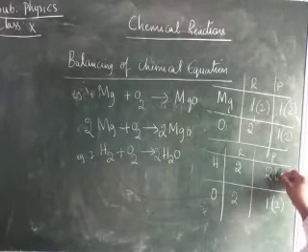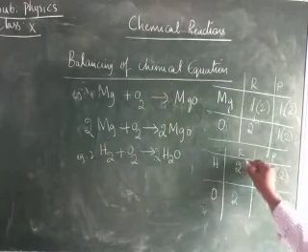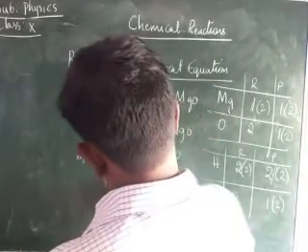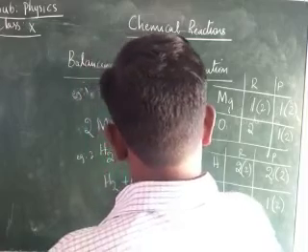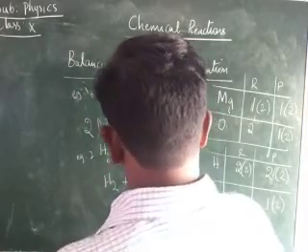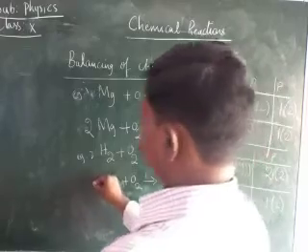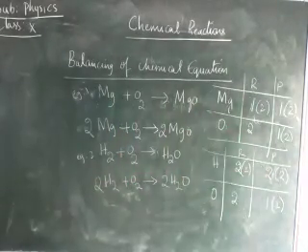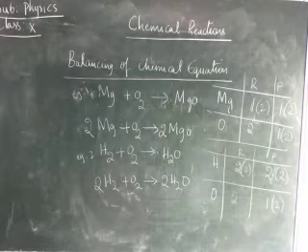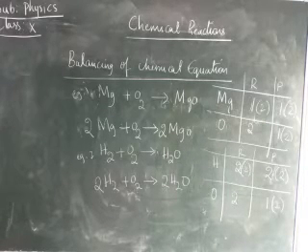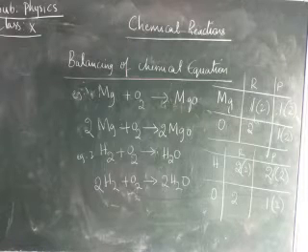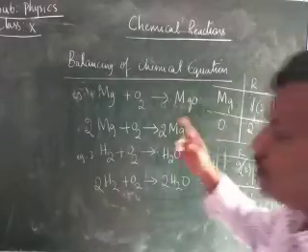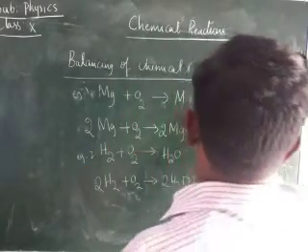On the product side, here we are having 4. Therefore on the reactant side also we should get 4. Therefore what do I do? Here I am writing 2 over H2. 2 2s are 4. Here only 2 are there. Therefore again I am keeping 2. Therefore the balanced chemical equation is 2H2 plus O2 gives rise to 2H2O. Okay children. 2H2 plus O2 gives rise to 2H2O. 2Mg plus O2 gives rise to 2MgO is an example for the balancing of the chemical equation.